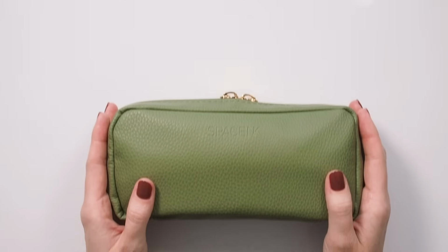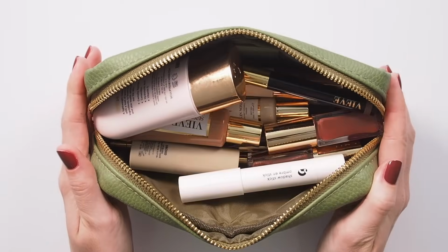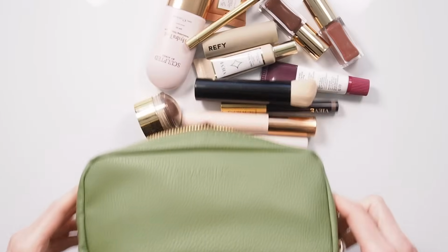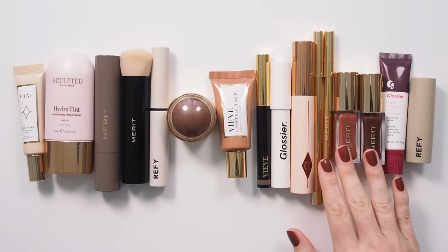Hello there, presenting some of my new makeup finds. New year, new me, new makeup bag. Time to refresh my minimal makeup routine with some new formulas. You have seen me using a few of these before, but they're in new finishes or shades, plus brand new